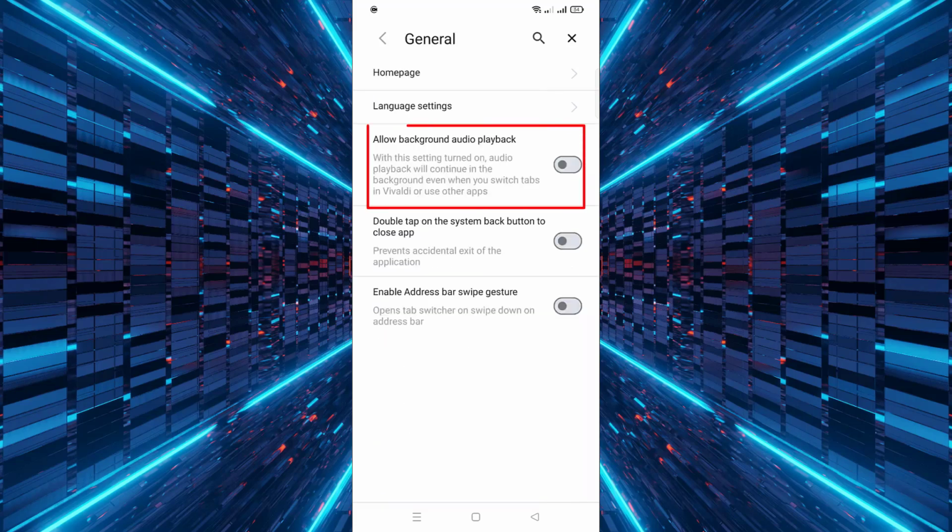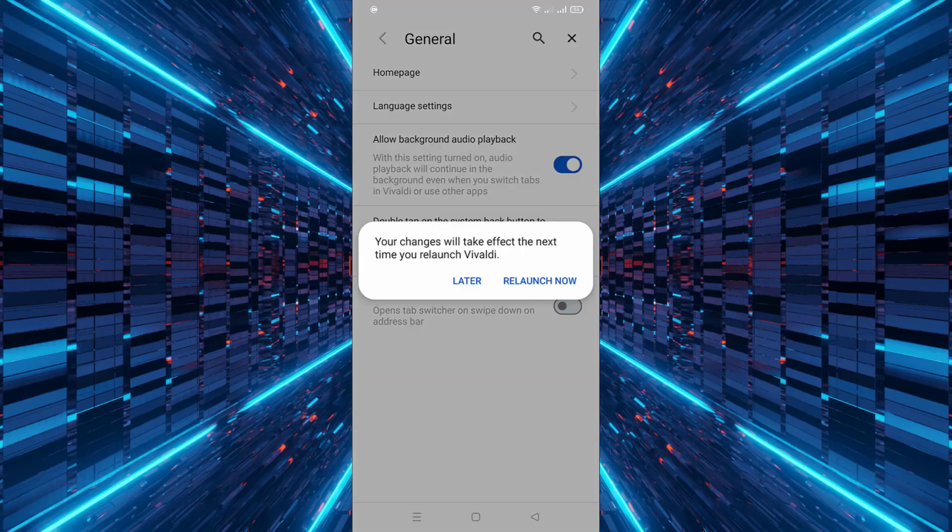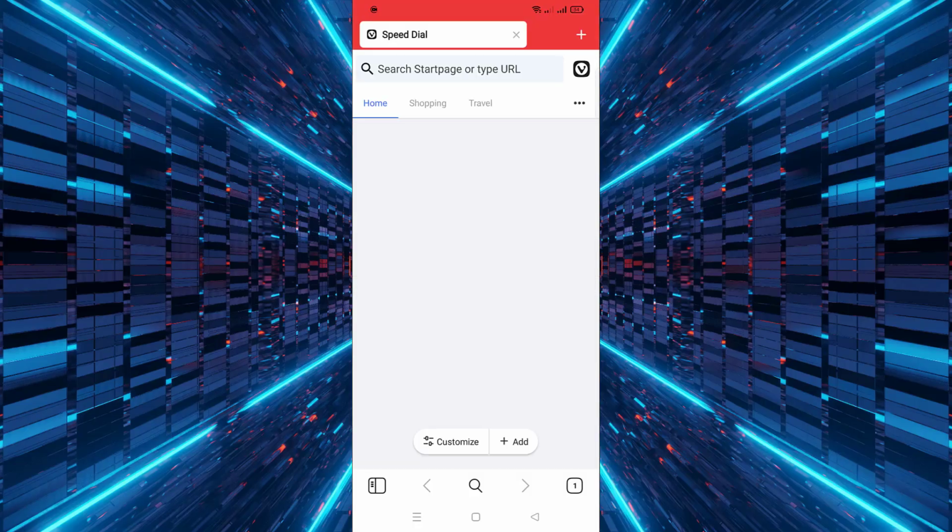Now, find the option labeled Allow Background Audio Playback and turn it on. Finally, click on Relaunch Now to apply the changes and restart the browser. Once Vivaldi restarts, your background audio playback will be enabled, and you can enjoy continuous audio even when the browser